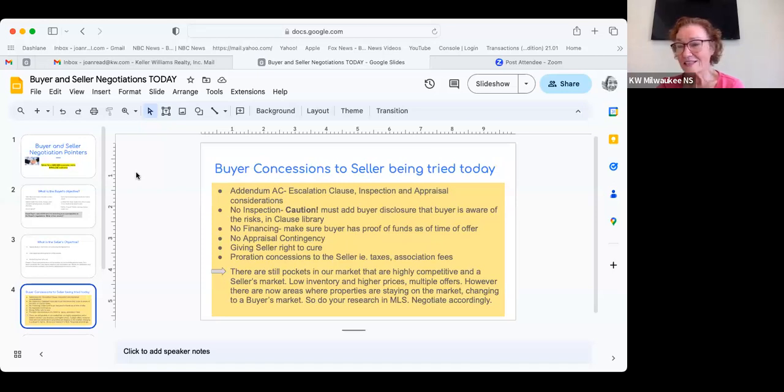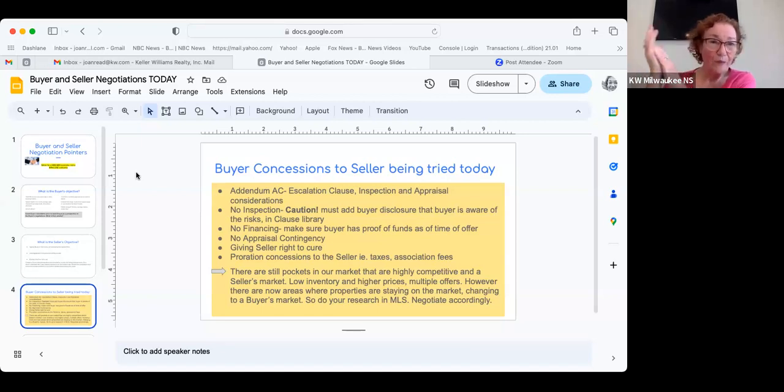If you can convince the seller to take something less than that, good. But a no financing contingency means a current proof of available funds to buy the house. Your buyer can also say no appraisal contingency. No, I don't care. I don't want to use that clause. If they're getting financing, but they say no appraisal contingency, they can do that. They can get the financing contingency.